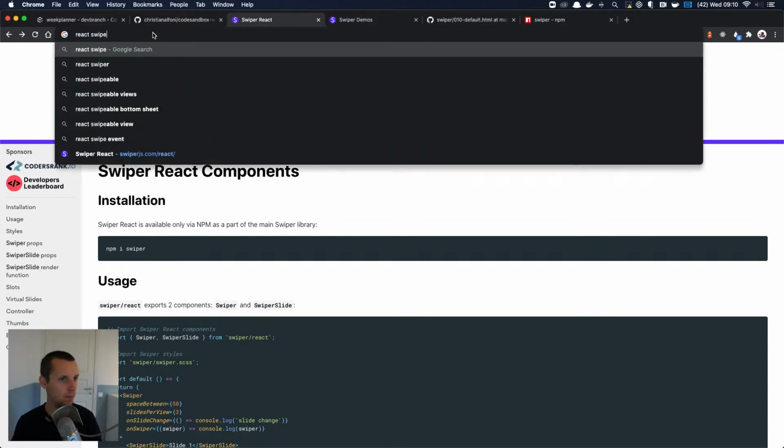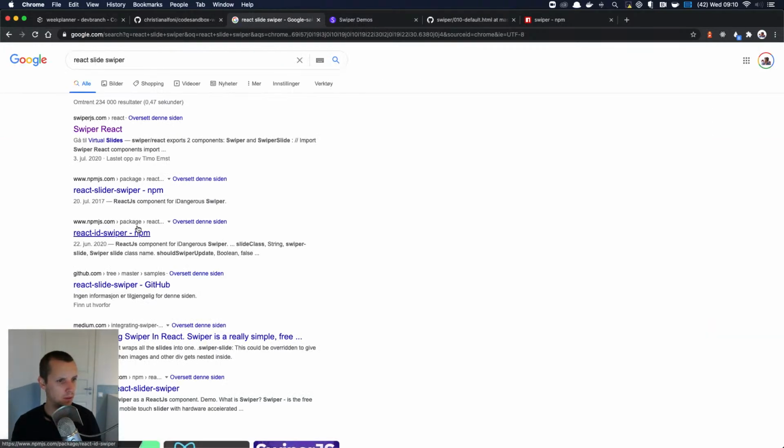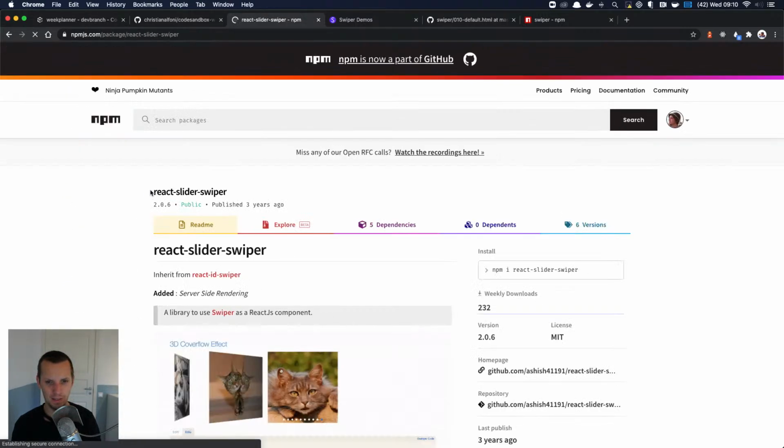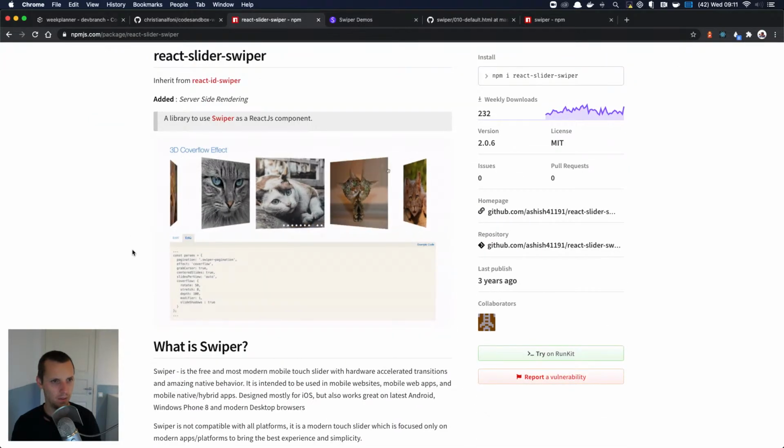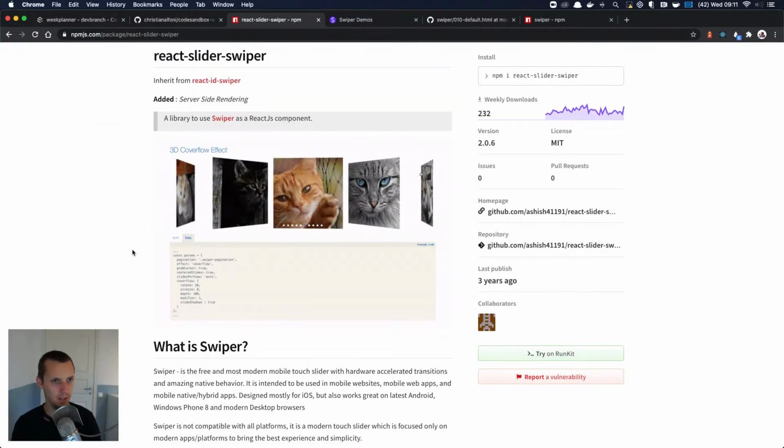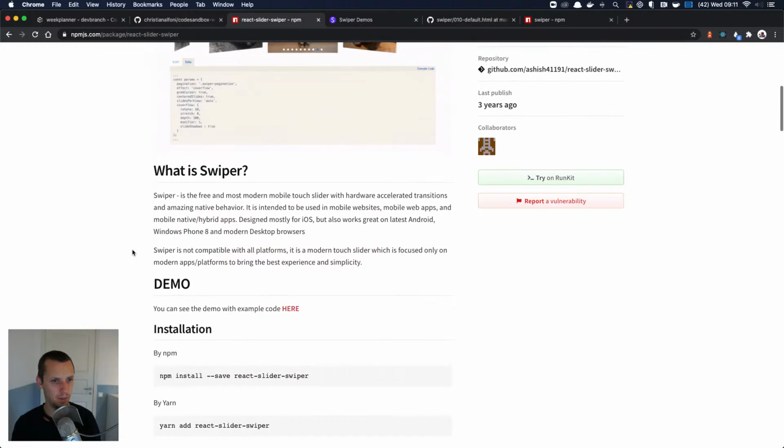React swipe. Slide swiper. Slider swiper. That's some fancy stuff. Inherit from React ID swiper.